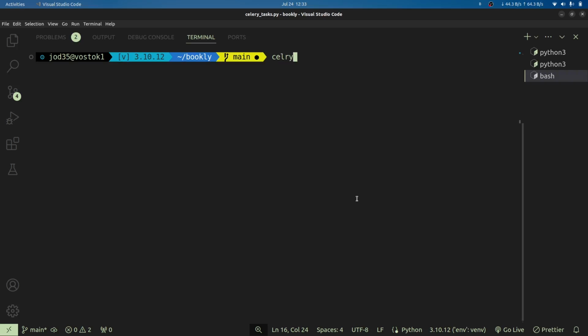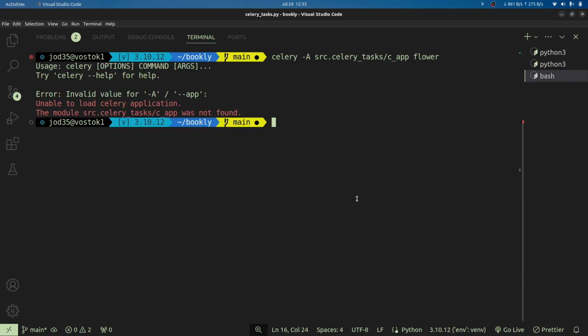I'm simply going to do the same thing with Celery, and then point to our app, which is going to be source.celery_tasks.celery_app, and in this case we shall just run the flower subcommand. Once we run this, we see the module source.celery was not found. This is the mistake I made. That was supposed to be celery